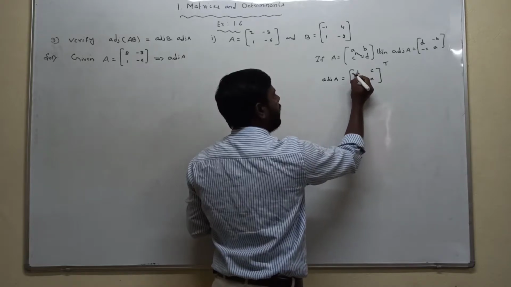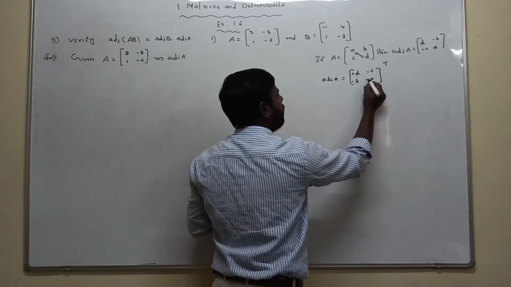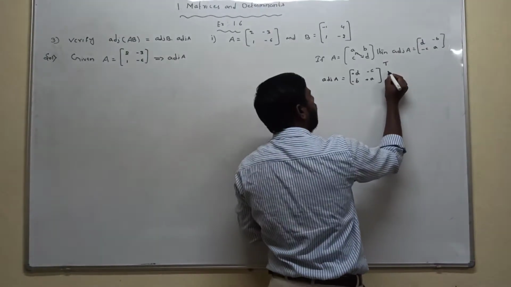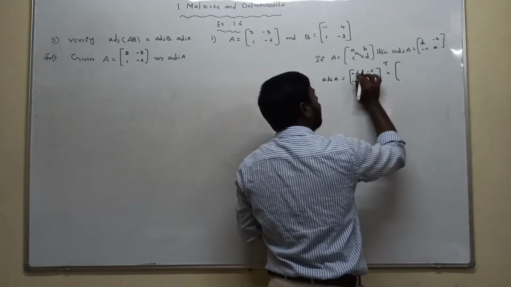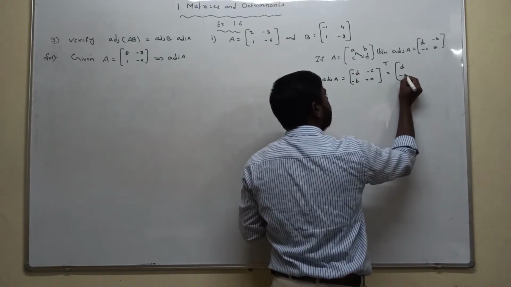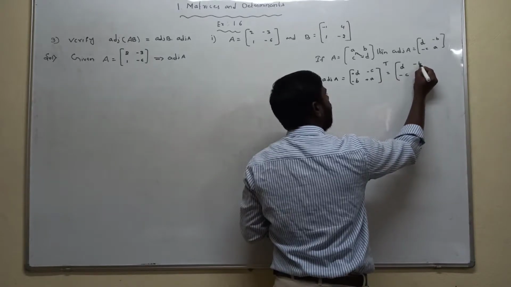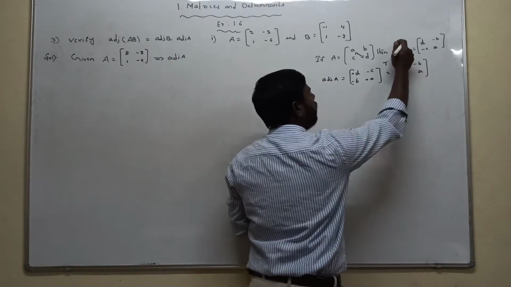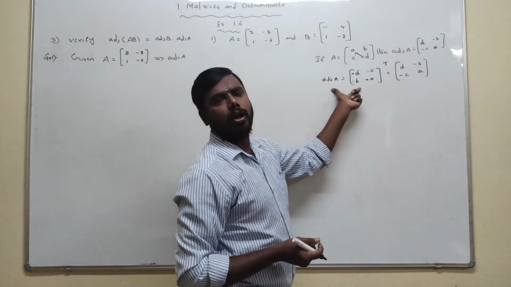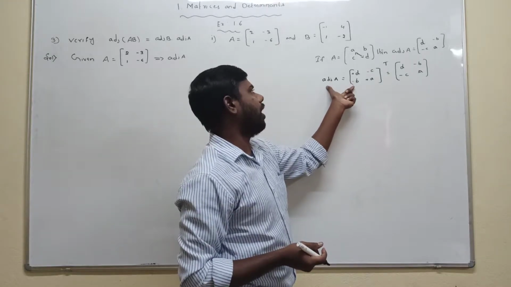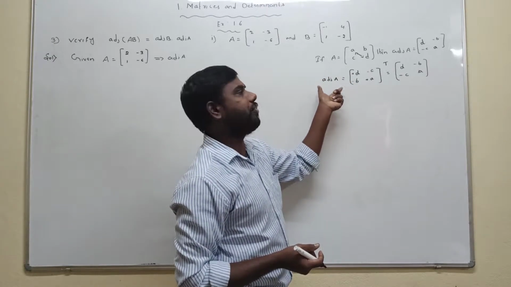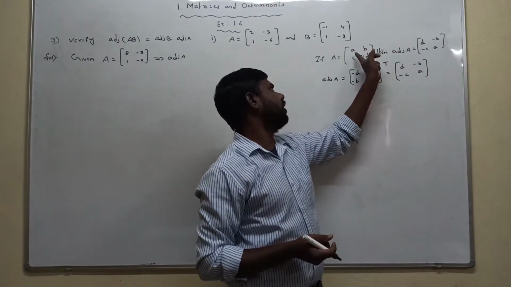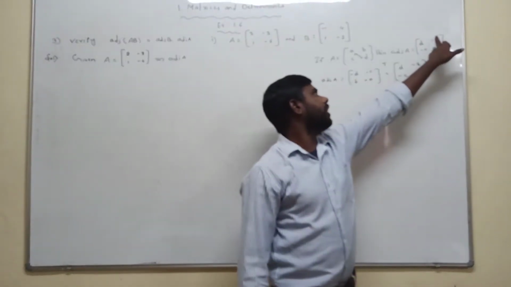The signs are plus, minus, minus, plus. Next, the transpose of the matrix is nothing but interchanging rows and columns. So the first row becomes the first column: d, minus b, and the second column: minus c, a. Here we applied the definition of the adjoint. Without using the definition, to find the adjoint directly, these two numbers are interchanged but these two numbers are not interchanged; we only add a negative symbol.